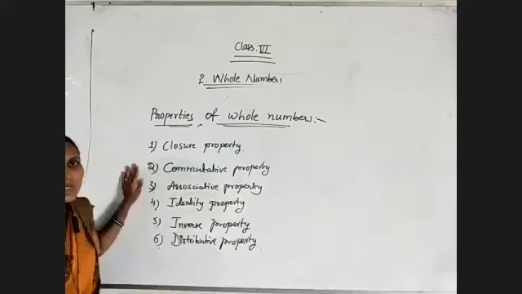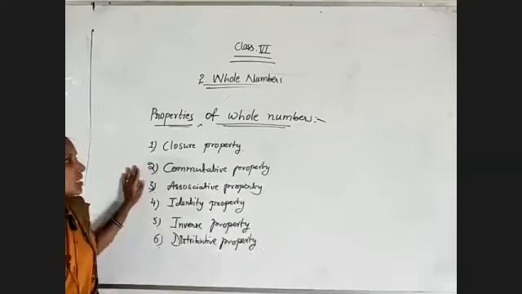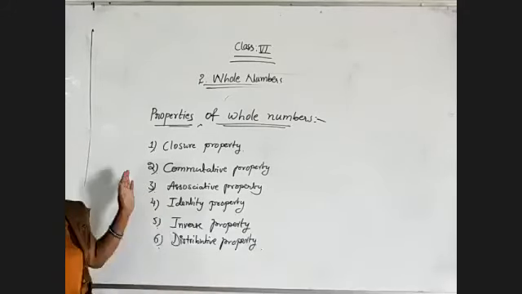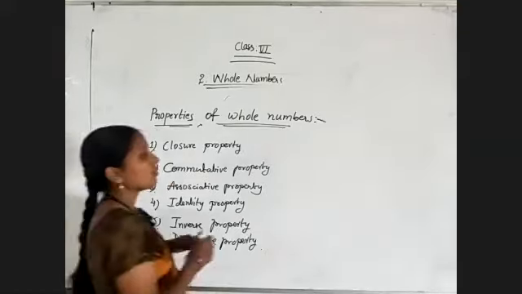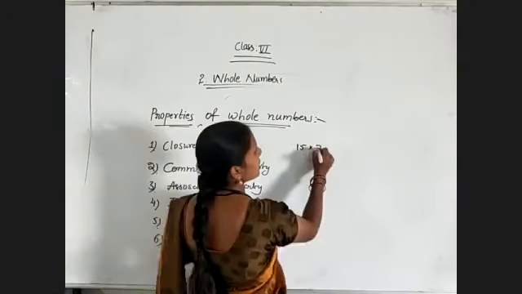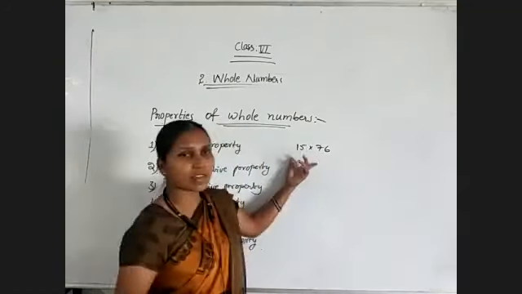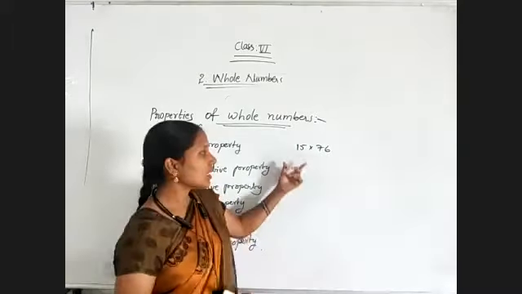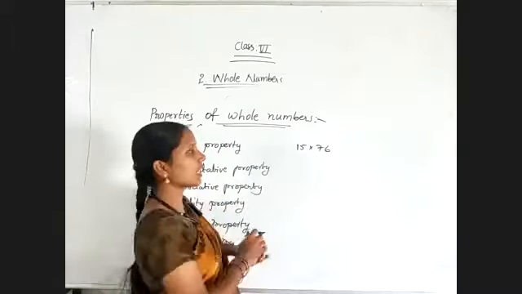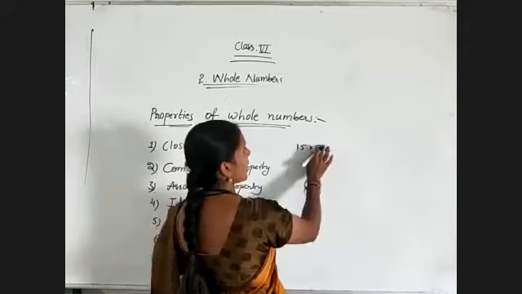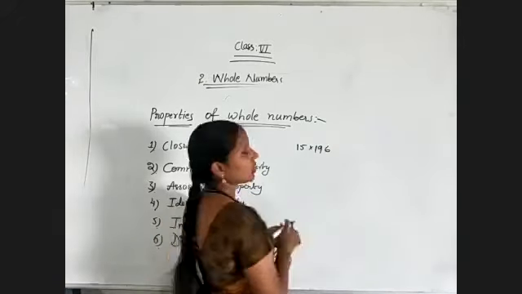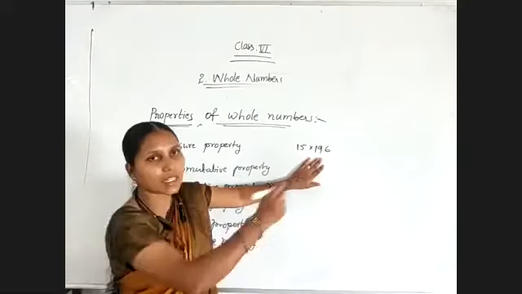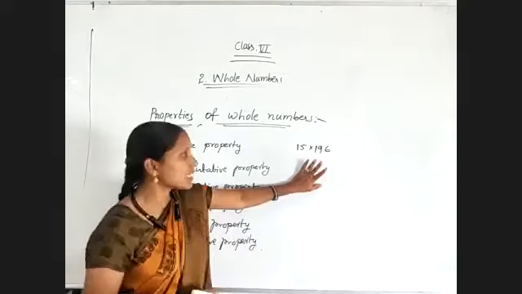So why are we using the properties? Because if we are doing any problem directly, suppose 15 into 76, if I want to multiply this number, it is an easy number, so maybe you can do it easily. But in some other cases, we will not get it directly like this. Suppose I have 15 into 196. Here it will be difficult, so compulsorily we need to do the calculations. Instead of that,